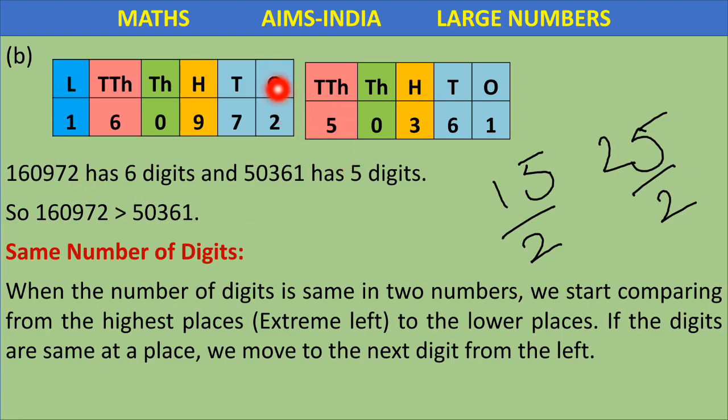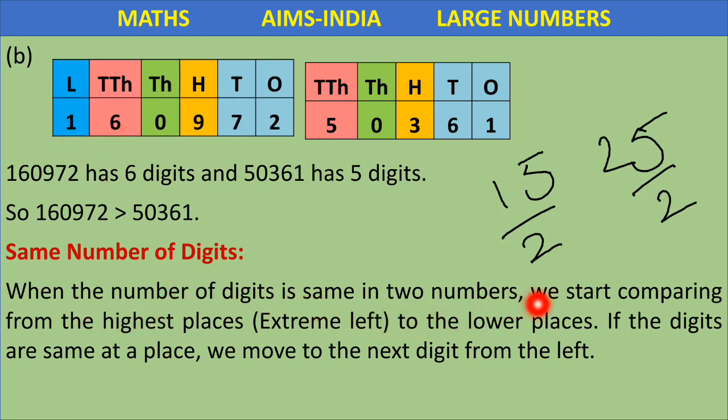Now look at the right side. It is on the right side. We are having the place value as ones, and on the extreme left, extreme means the last one. This will be our extreme left, the last. There is no number after 1, right? So 1 becomes the number on the extreme left. And what is the place value of 1? The place value of 1 is lakhs. Now is the ones place value greater or the lakhs place value greater? Yes, lakhs place value is greater. So highest place values are present on the extreme left, and we start comparing from the extreme left.